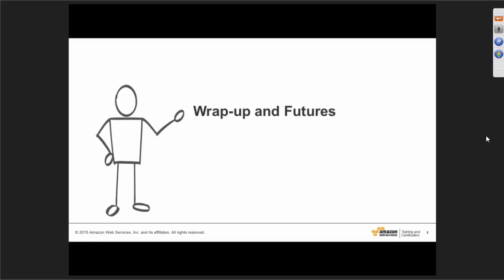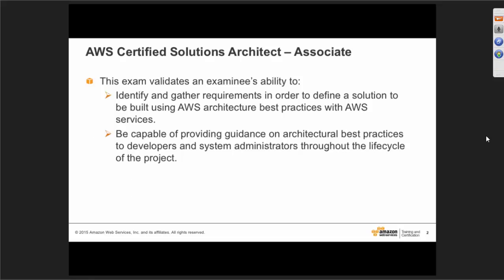We are in the last section. So thanks everybody for making it all the way through. Let's go through just a few more slides here. We'll talk about kind of next steps and resources, and hopefully we'll get you on your way to passing this exam. So just a reminder, this exam